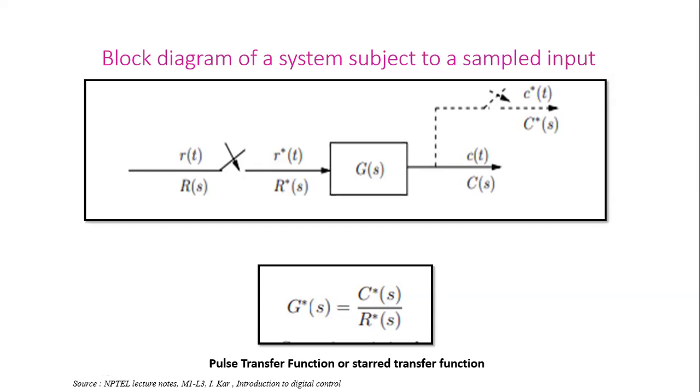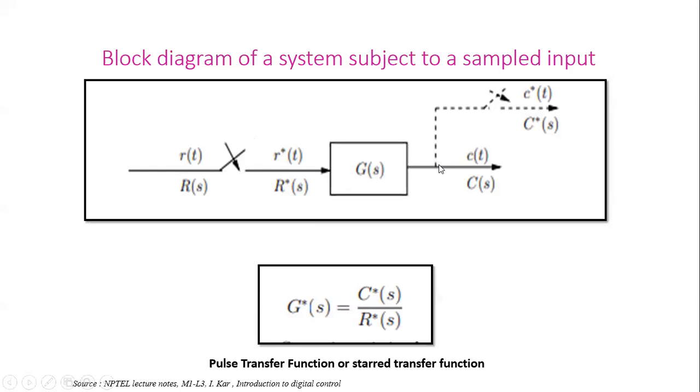So the output of this system, if I have to write C of, ignore this dotted line for a minute. Let us only focus on what we have been seeing all these days. We had this G of S, which is your transfer function. You have input, which is R of t. You have output, which is C of t. Earlier, our focus was R of S, C of S. Now we have introduced a sampler in between with an attempt to make it digital, and the output is R star of t or R star of S.